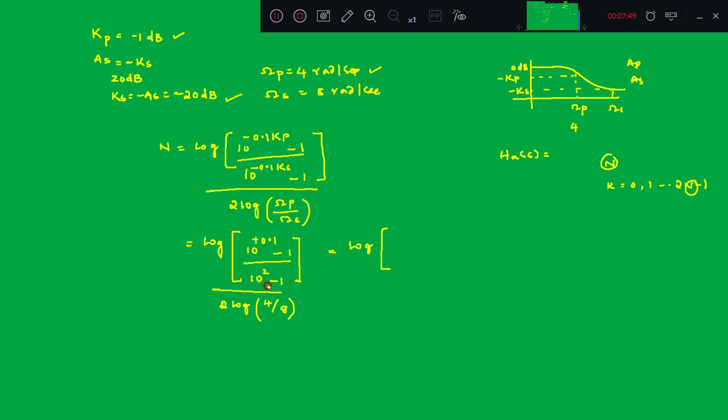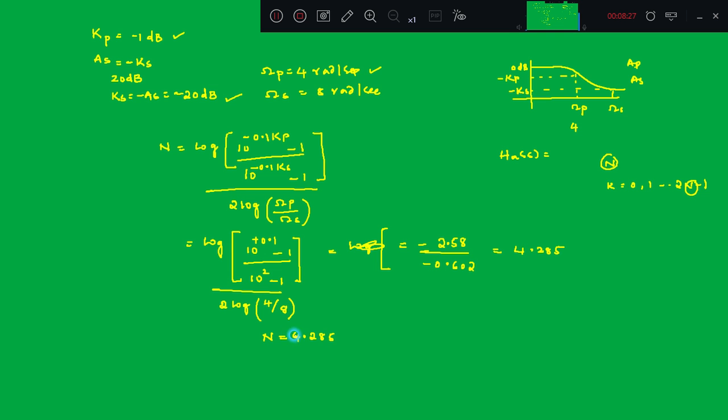So what will you get? You will get, after taking that, minus 2.58, divided by 2 log of 4 by 8. 4 by 8 is 0.5, log of 0.5 you calculate, multiplied by 2. So what will you get? You will get minus 0.602. Simplify, you will get n is equal to 4.285, right? N is equal to